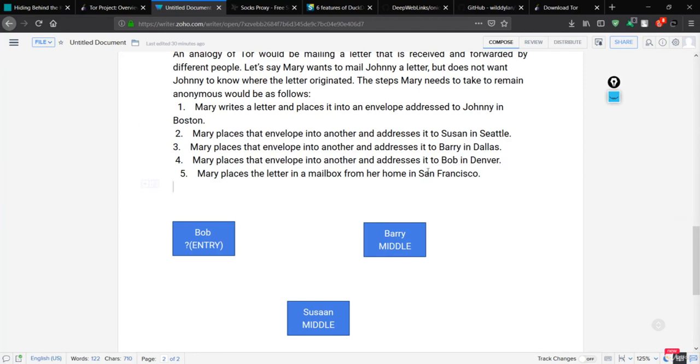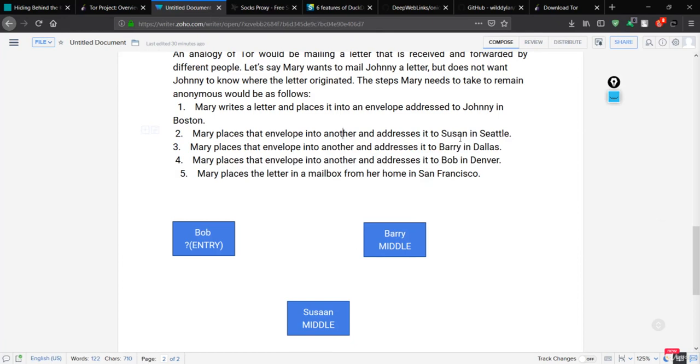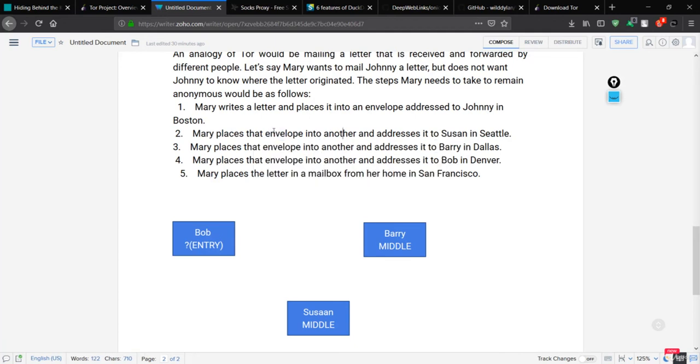You can see that each envelope represents a layer of encryption. Using the rule that each person in this analogy can only unwrap the first envelope, just remember that they can only unwrap the first envelope that is sent. So the contents remain hidden, encrypted in the innermost envelope. That means the envelope, which is the layer of encryption, holds the letter that is encrypted or hidden in the innermost envelope. So that is your encryption.